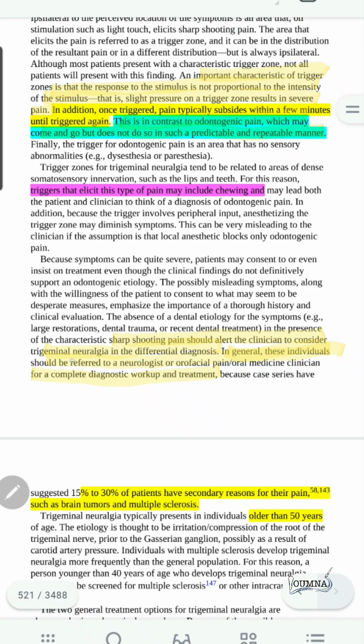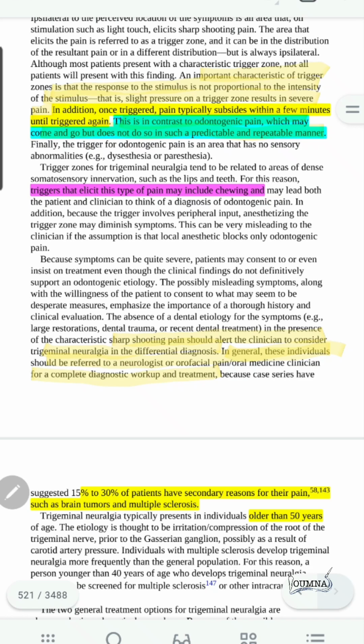In general, these individuals should be referred to a neurologist or orofacial pain oral medicine clinician for a complete diagnosis, workup, and treatment. Why? Because 15 to 30% of patients have a secondary reason for their pain, such as brain tumor and multiple sclerosis. The patients are usually older than 50 years,